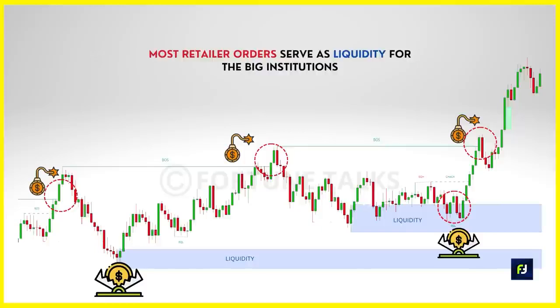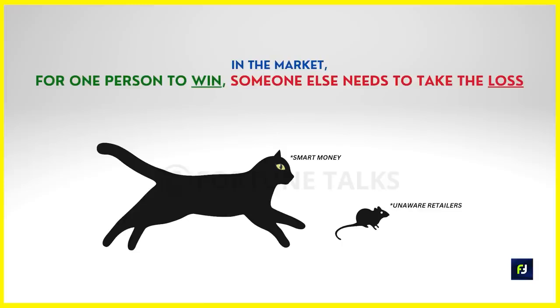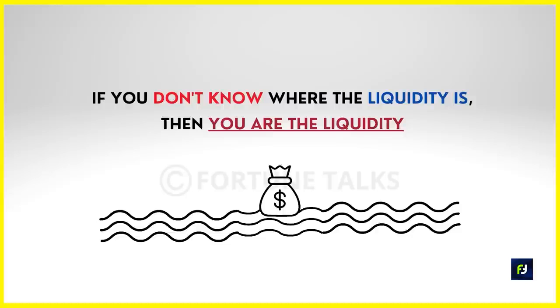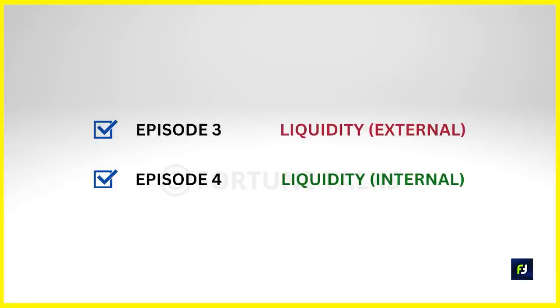They remain as prey to these banks and institutions, or in other words, they are liquidity for the big players. In essence, this is a cat and mouse game. In order for one person to win, someone else needs to take a loss. So the question is, what do you want to be, the cat or the mouse? Now there is a popular saying in the market that if you don't know where the liquidity is, then you are the liquidity. So in this episode and the upcoming episode, we will talk extensively about this prime concept of